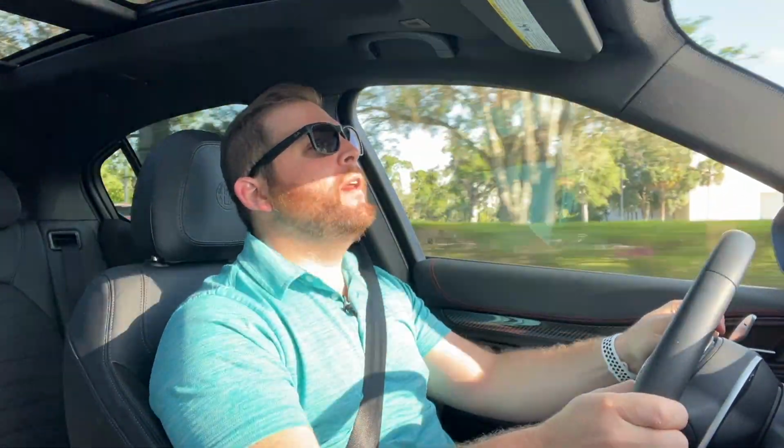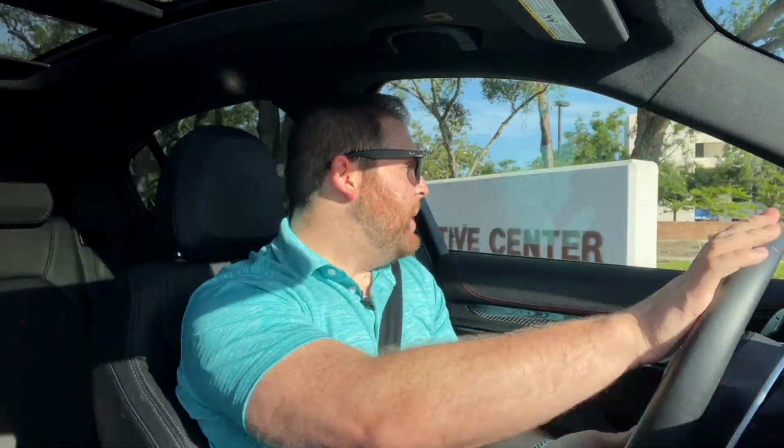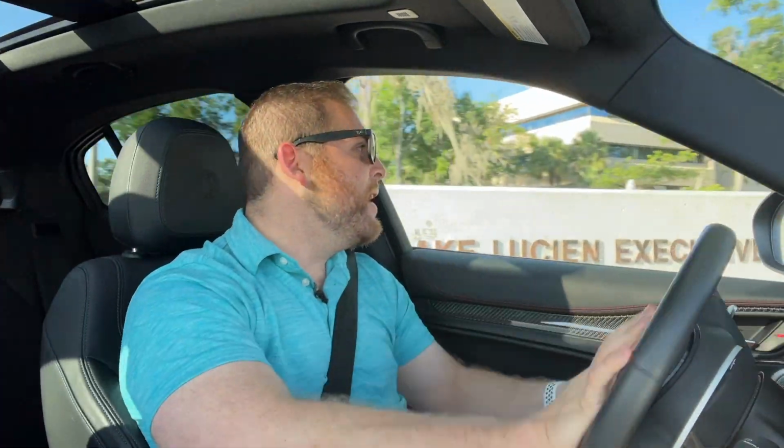It does feel like I am driving a hot hatchback that happens to be a little bit taller. Again, with those great paddles, with the nice suspension. This is a very enjoyable car to push around. Not as fun as a Quadrifoglio, but not as expensive as a Quadrifoglio. This is one of, if not the best, driver's cars in its segment, so I will give Alfa Romeo props